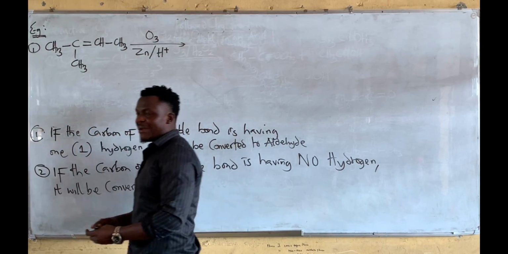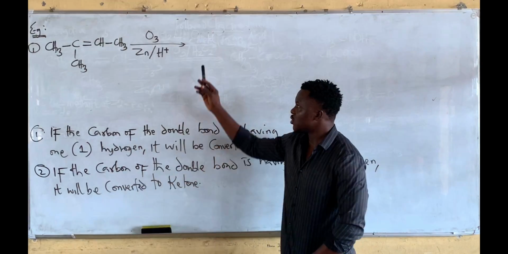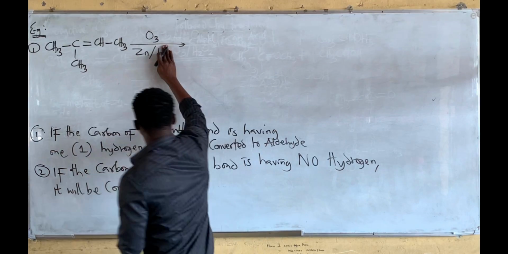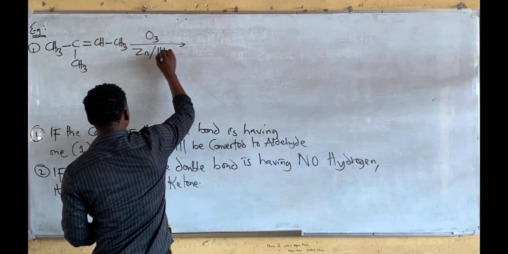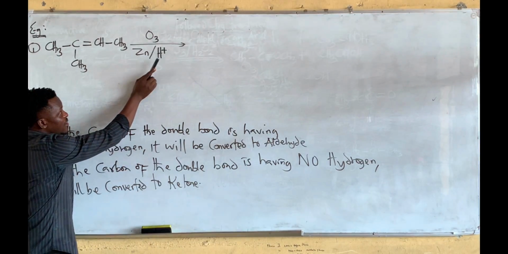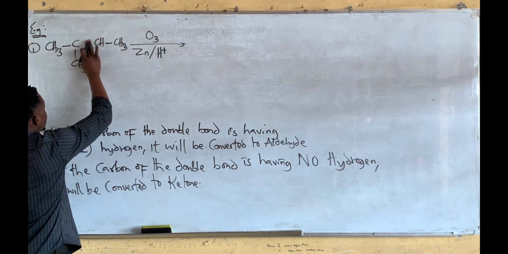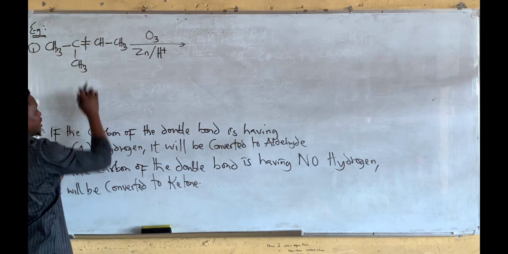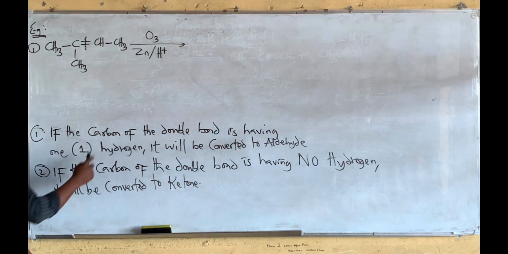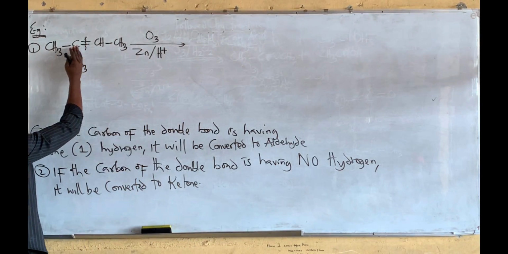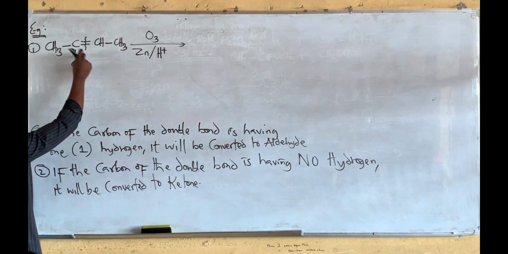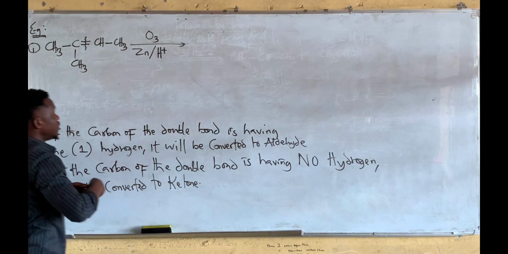Please bear this at the back of your mind that most of the time this is given to us in word format. I'm going to read out the question. Thank God I have a past question here, so you can see how this can be asked. Now look at this. This is ozonolysis followed by treatment with zinc in an acid. This ozonolysis is going to split this into two. For me, I don't have to be writing it down. Once I look at this, I already know what it is going to give me. This one has no hydrogen, so after splitting I'll put just a zero here. So this becomes